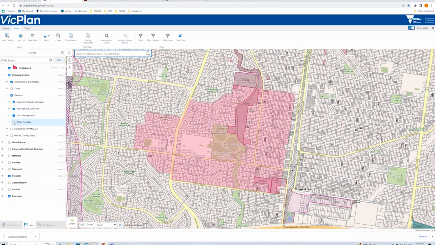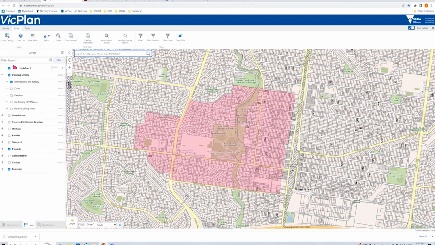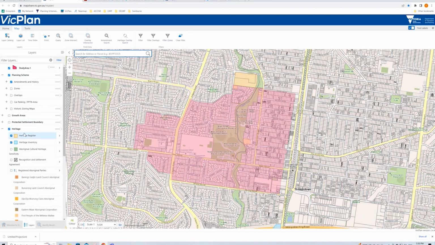I've only got a few selected, but you can see the idea, similar to how the zones operate. You can do that with the overlays. So we'll turn off those at the moment. Some other key things is VicPlan will show you if there's any heritage register items, which there are, or heritage